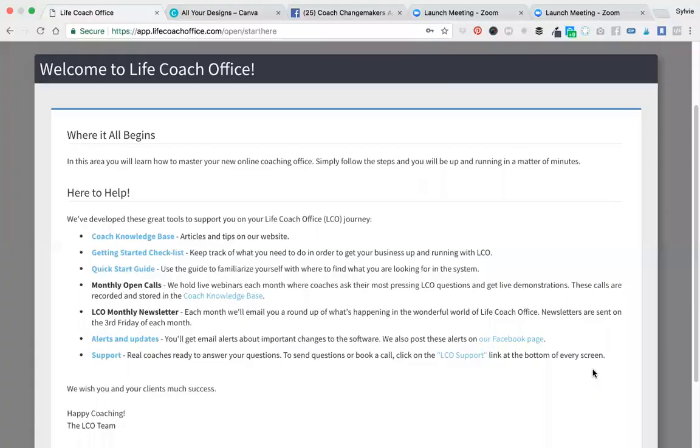And this is it. Okay, so what happens when you first log into your trial is you get all this helpful information. It just tells you about the resources that we've got available in Life Coach Office that you can access as a coach with a coach account. So you get access to the knowledge base. There are monthly live Q&A calls. You can go and look at the backlog of those, or you can join the next live one as a